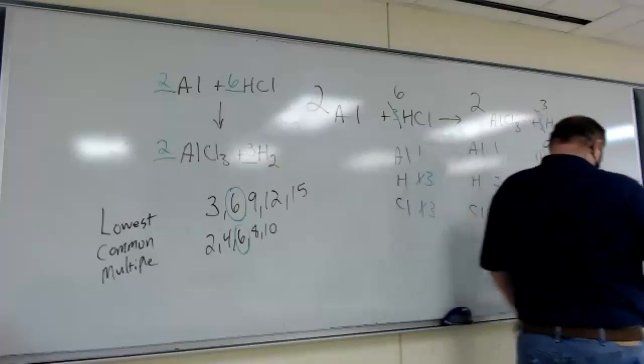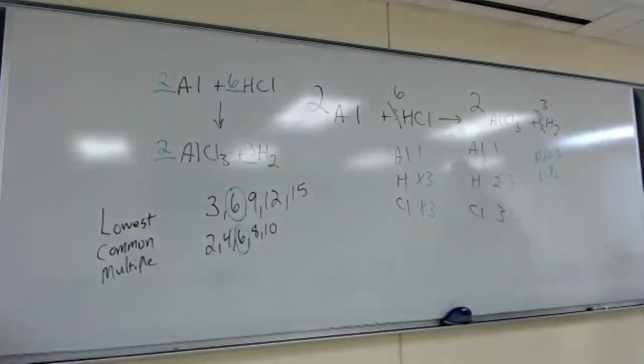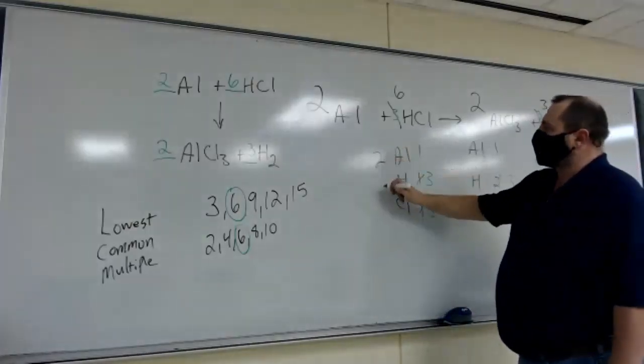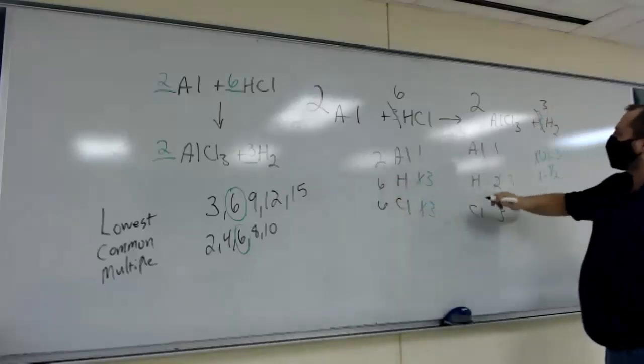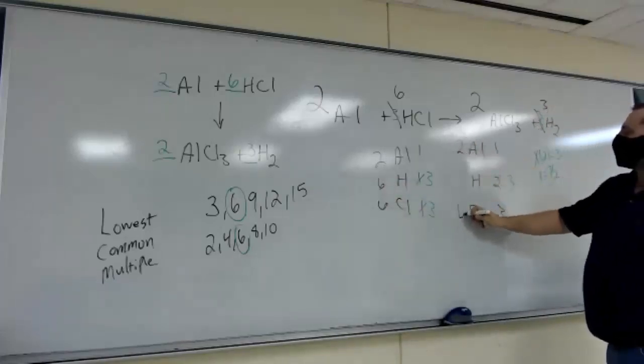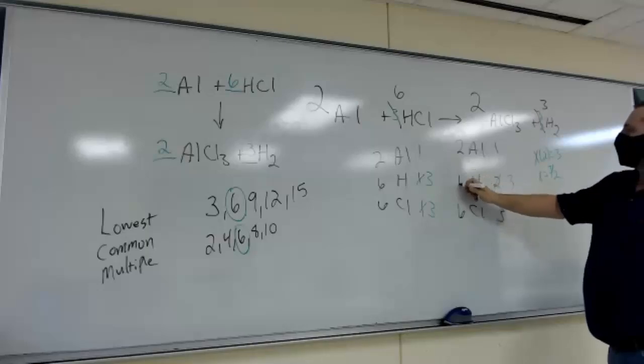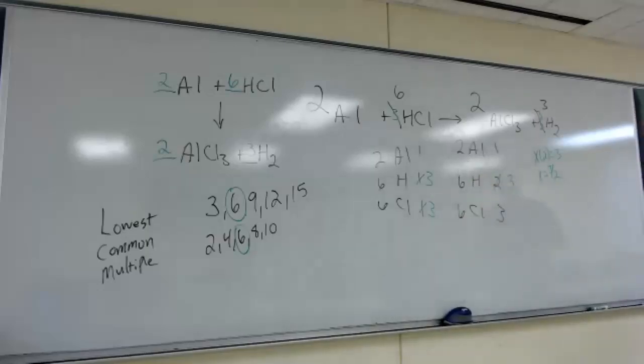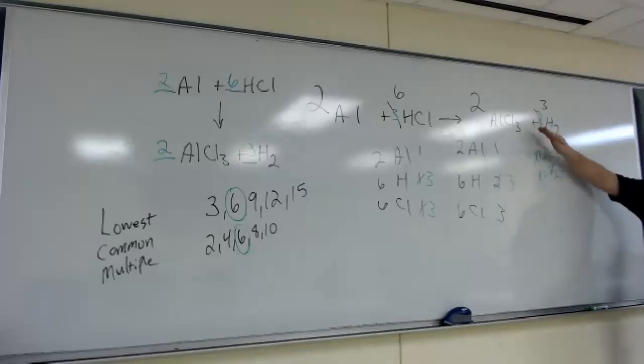This one becomes a 3. So now I get 2 aluminums, 6 hydrogens, 6 chlorines, 2 aluminums, 6 hydrogens, and 6 chlorines. You'll notice it's the same answer we got doing the trick. As long as you can handle dealing with this temporary